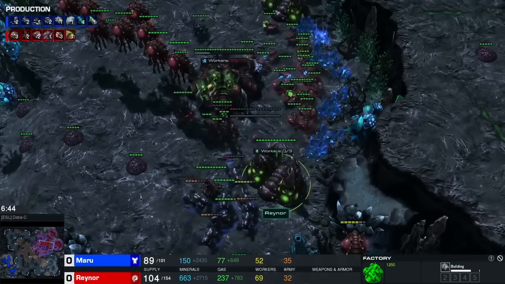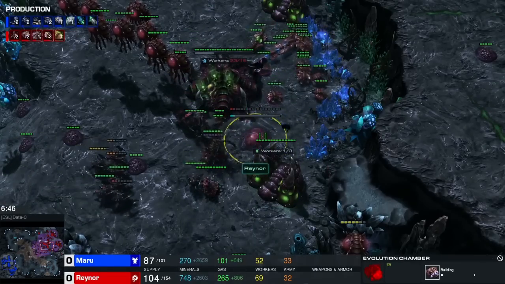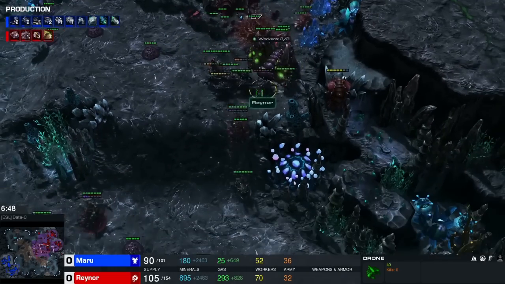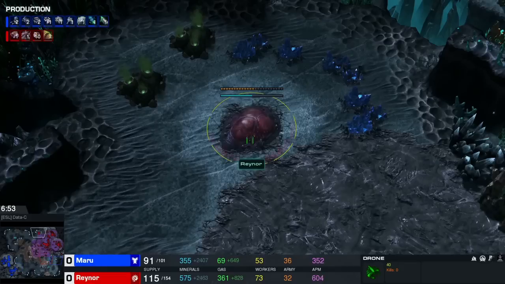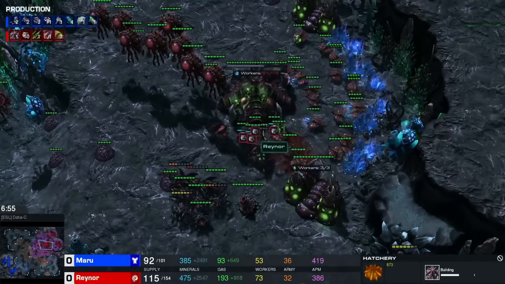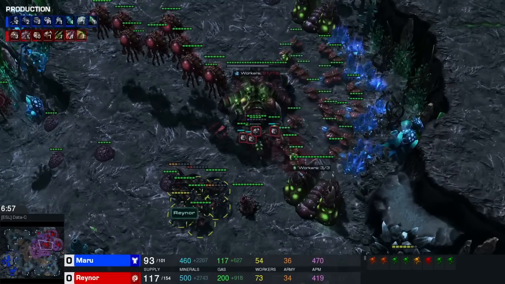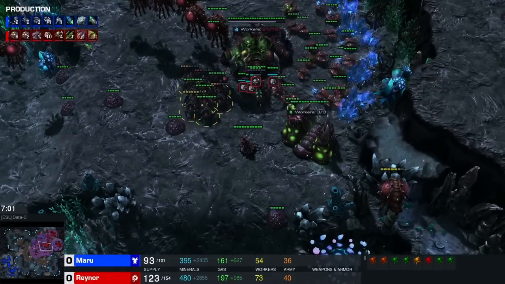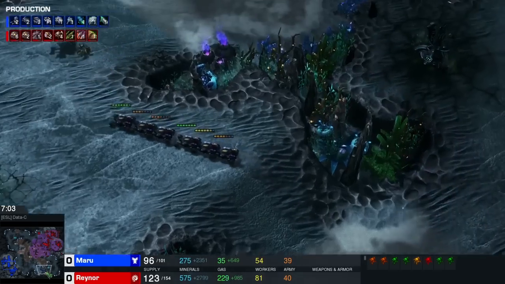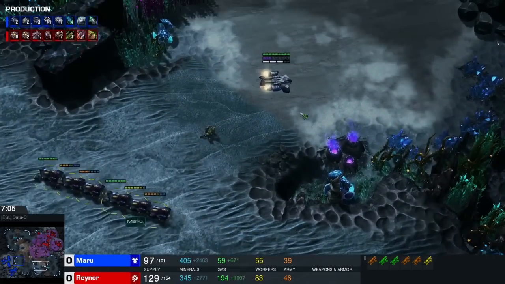We see another drive-by, and this could be really good, but what a great reaction by REYNOR, blocking the entrance immediately, really fast with that evolution chamber. But yeah, at the same time he's also taking his expansion here, so what a nice move by him, blocking that entrance and producing more and more roaches. Of course, upgrades are also going out for him,